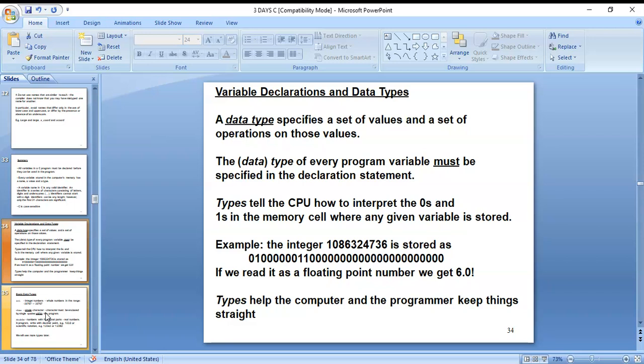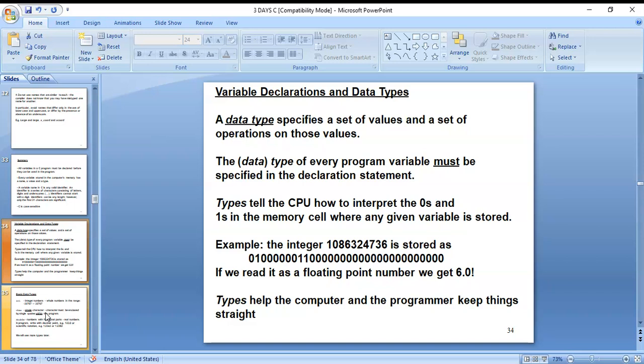A data type specifies a set of values and a set of operations on those values. The type of every program variable must be specified in the declaration statement only. Those variables are declared in the declaration stage.